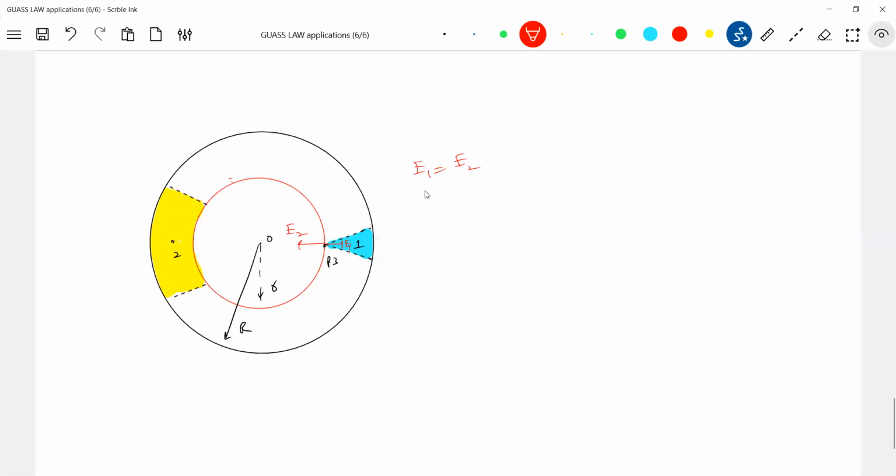Like that, you can assume several strips here, and if you calculate, the net field at point P3 due to the mass lying outside the Gaussian surface will be zero. I'm not saying it will not contribute. It will contribute, but the net field at point P3 due to the mass which lies outside the Gaussian surface will nullify due to symmetry. Then who will contribute the field at this point? Only the mass enclosed. This is one of the greatest advantages of Gauss law.